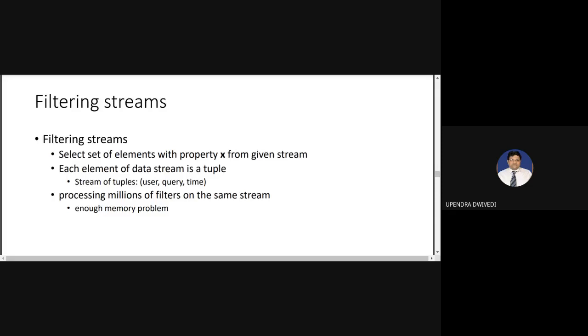So basically, for example, suppose we have a publish subscribe system and a lot of users subscribe to a news website. The news website provides a set of recommended articles to each individual user.